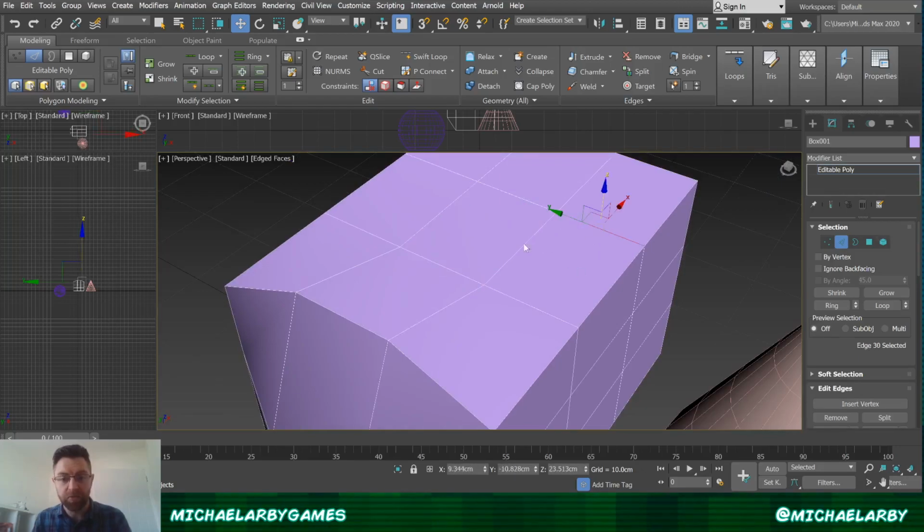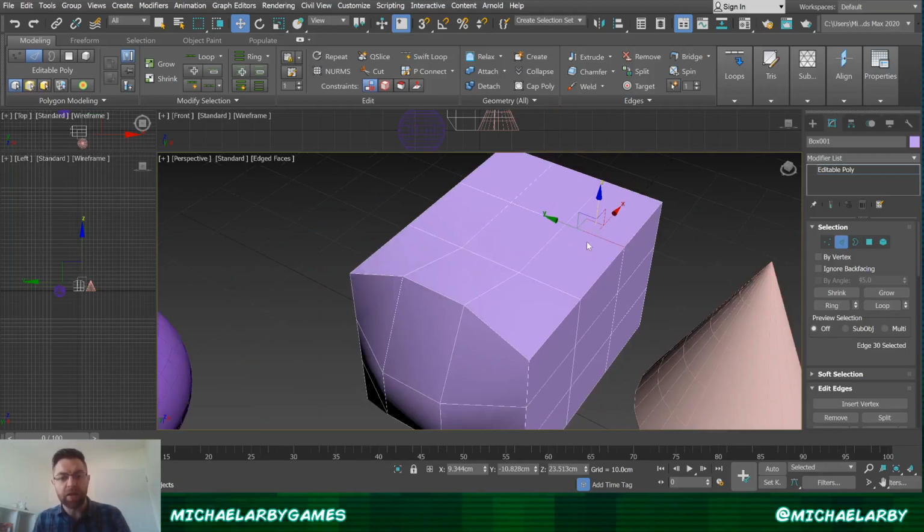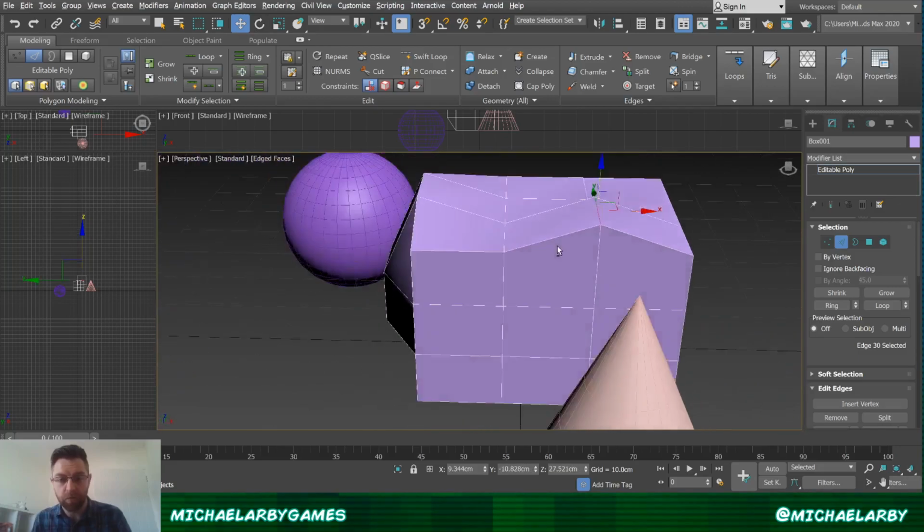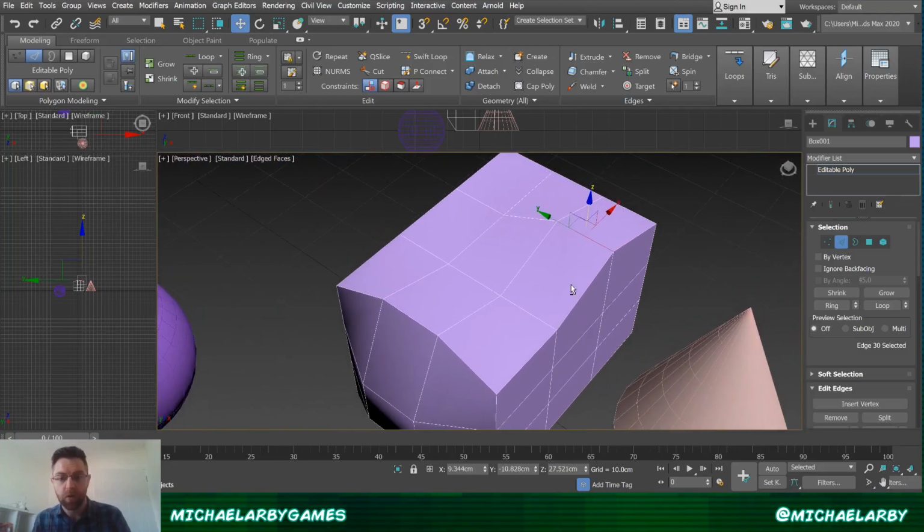And I can do all kinds of fancy stuff where I can select entire loops around the mesh and things like that. I'll explain more about that later. But the important thing is, yes, we can select these edges, and an edge is basically a connection between 2 vertices. And I can take that and I can move it and manipulate that shape just by moving the edges. So vertex is a single point, edge is the line connecting between 2 points, and our next most important one,